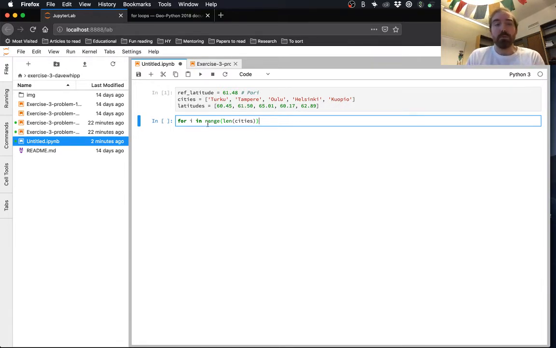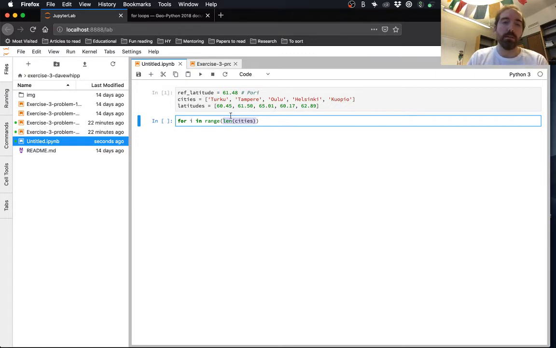My for loop is going to basically allow me to go through some list of cities and go to each one and do something. So what we want to do is we're going to make a range of numbers that we'll do using this range function. How many numbers do we want? Well, we want the same number of numbers in this list from the range function as we do have in the length of our list of cities or latitudes.